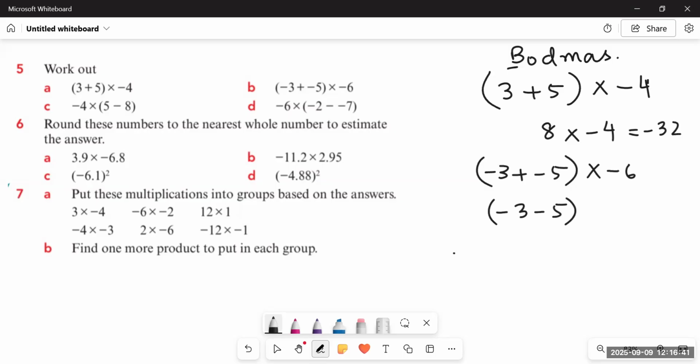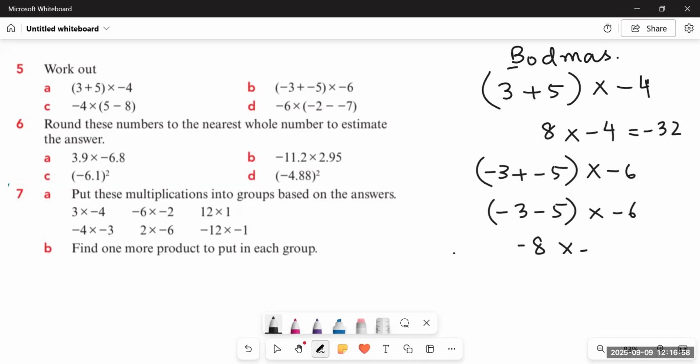And then we have minus 3 minus 5 is equal to. So there is no multiplication sign inside the bracket now. Okay, so we will add or subtract them. Minus 3 minus 5 becomes minus 8. Minus minus is plus. So it becomes 8. And we put the sign of the greater number. So it would be minus 8. Now we will multiply it with 6.